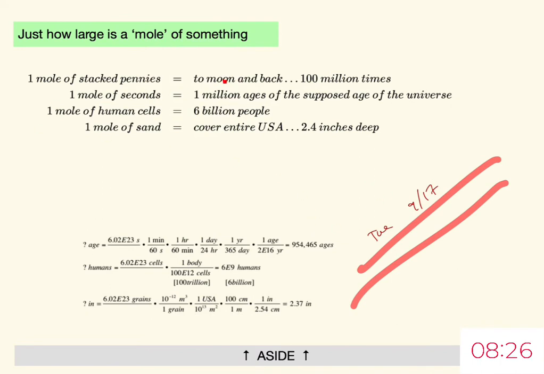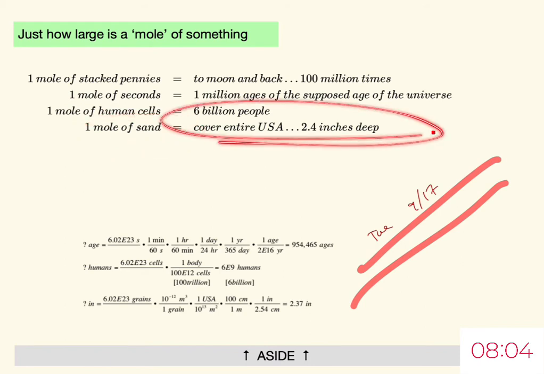When we talk about a mole of chemical, which isn't very much, let me see, what's a good one? If you took a mole of human cells, just 1 mole of human cells, you could make 6 billion people, most of planet Earth. Yep. If you have 1 mole of sand, again, not very much chemical at all,